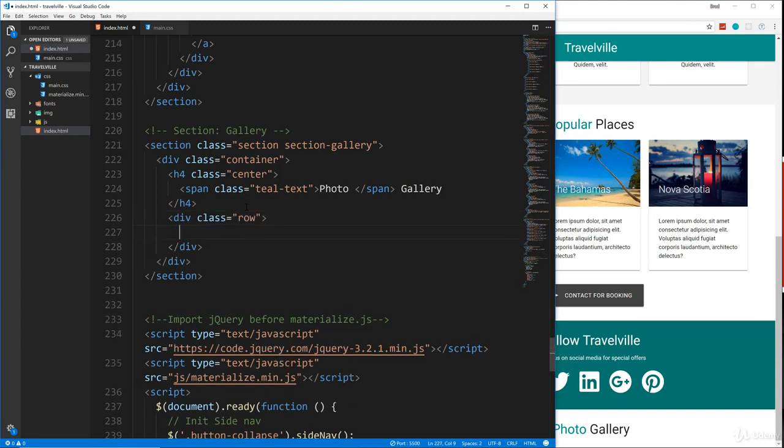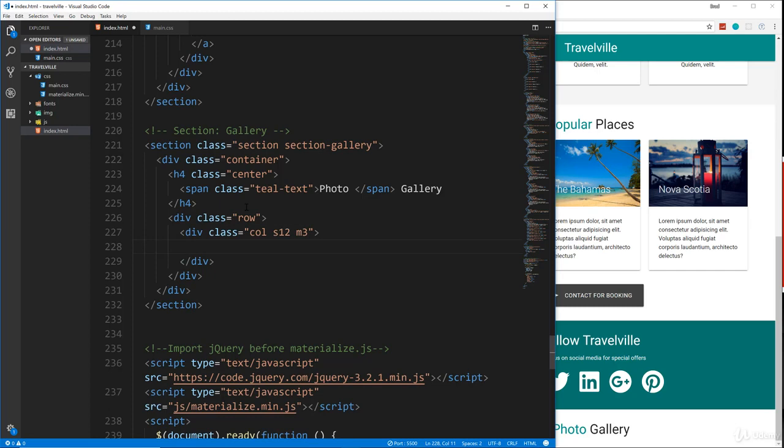And we're going to have a bunch of images. So we're going to have 4 3-column divs. Okay, so let's say dot col s12. And then let's do m3. Okay, and then in each one of these we'll have an image, and then we're going to get this from